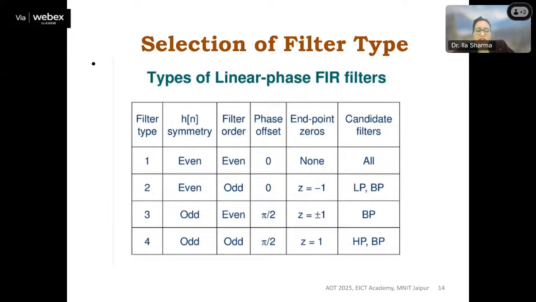If it is even symmetric, if it is odd symmetric, and then again based on the filter order type. The filter order can be even, the filter order can be odd. Even and odd meaning here filter order. Can anybody say if my filter order is even, what does it mean? What would be the values of this? Can anyone tell me what is even order? Any value in between 0 to 10.